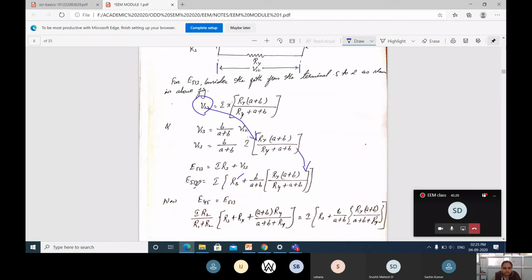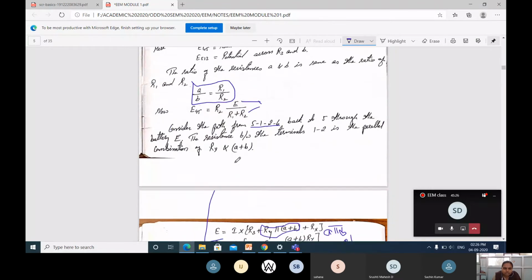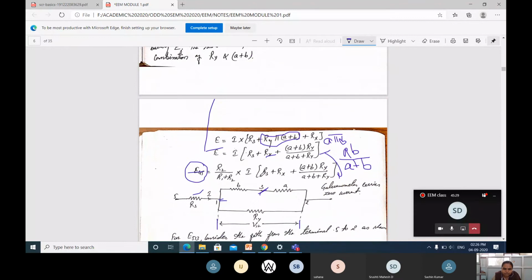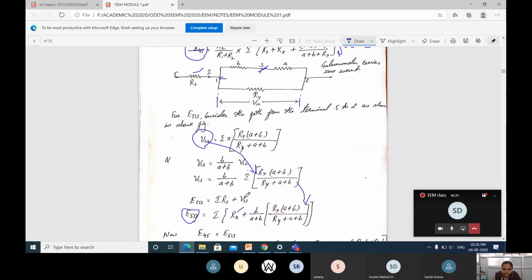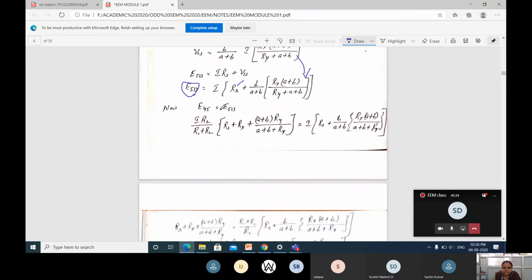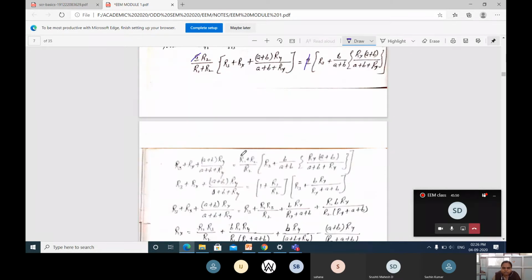Now what we got? We got our E513 and also we got our E45 here. Then I will be writing both the equations in the next step, that is E45 is equal to E513. Write the E45 equation here and the E513 equation here. Next, what is common here? Here I is there, here also I is there, these two I get cancelled. Next, what I will be leaving? R3 plus Ry, same as it is. Here I am writing it as it is.